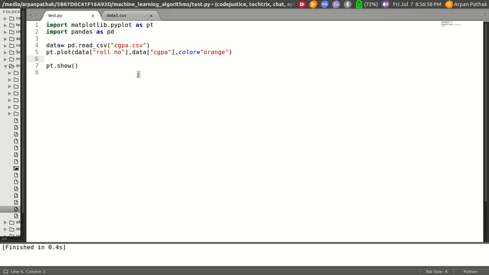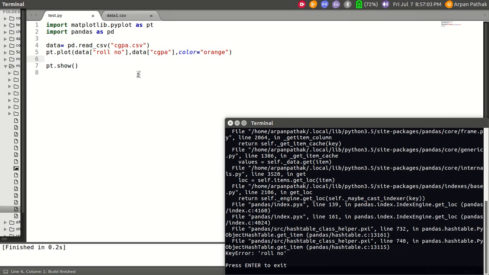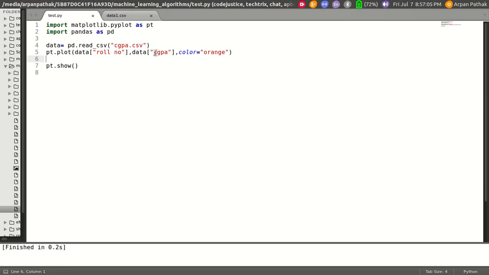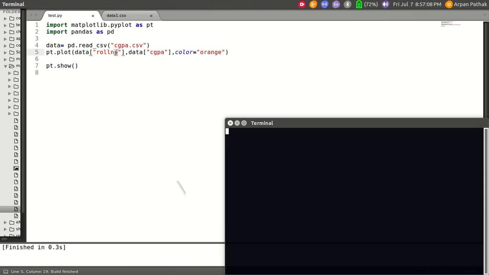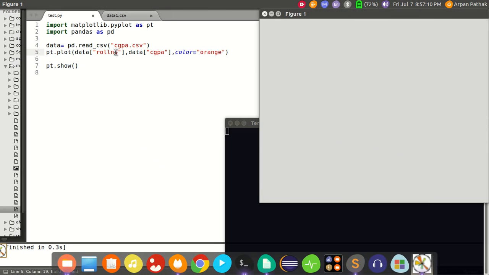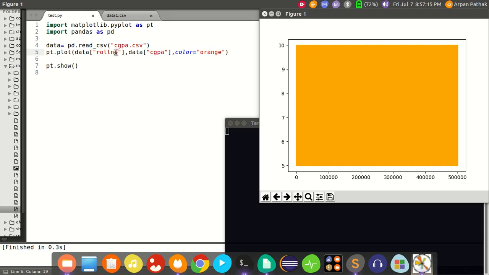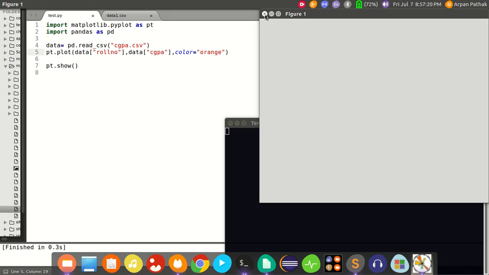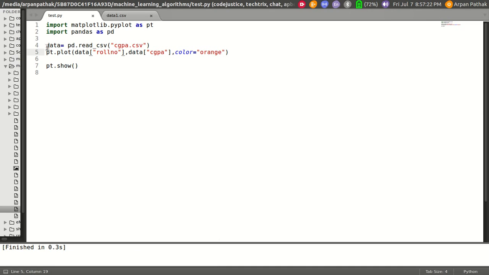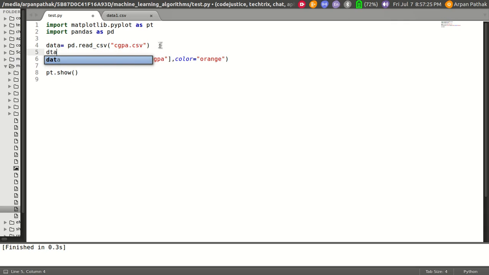Now if I plot this, there will be a problem. Let's try to see what the problem is. It will take a little bit of time. You can see it's a big orange square. It's because we have plotted data about 5 lakh people. We should not do that. Instead of that, I will be subsetting this data set, and I will pick up 50 elements from the front of this data sheet. Now if I plot this,